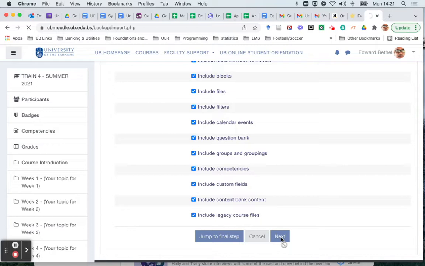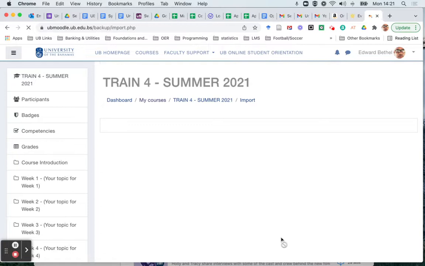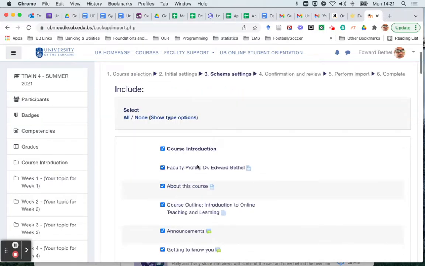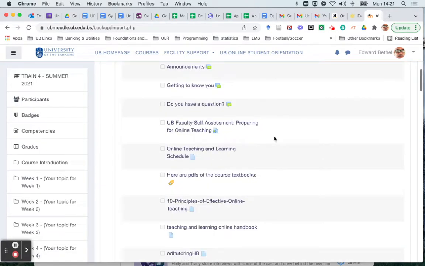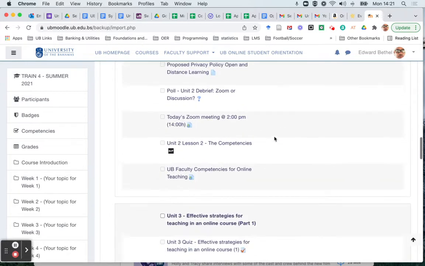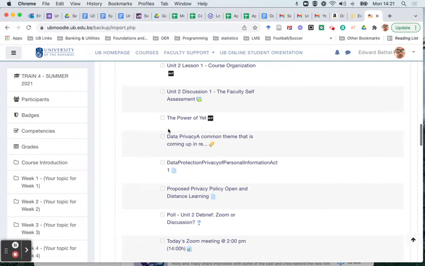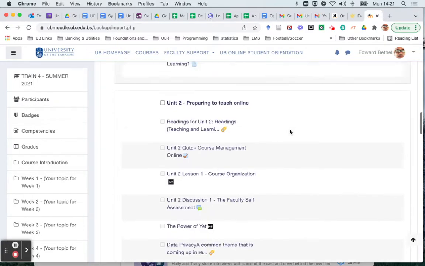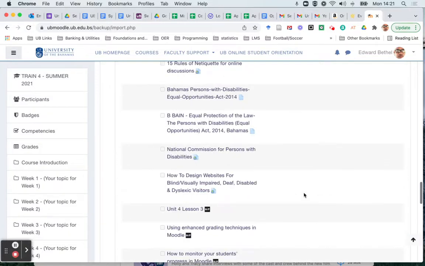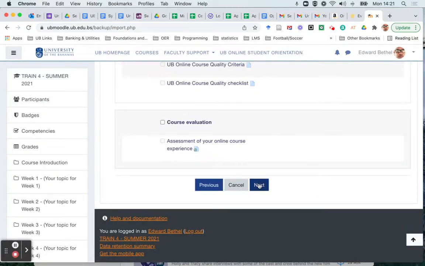And then this is where in the next screen, you're actually going to select your content. And to do that again, if there are just one or two things that you want to bring over, the first thing to do is select none. And then the second thing to do is to find the unit where the content is. And in this case, I'm going to bring over this thing called the power of yet. So I'm going to select this unit, and then I'm going to select this item. Scroll down, select next,